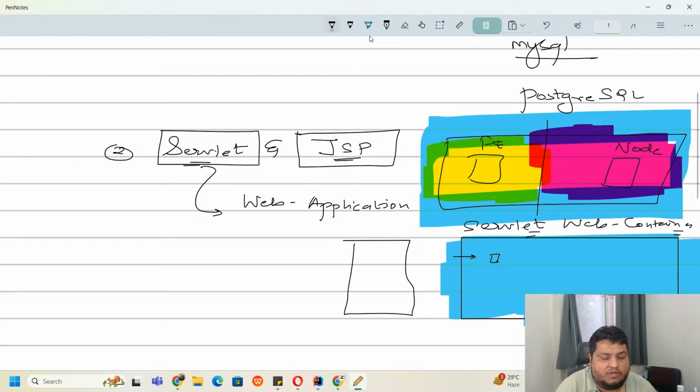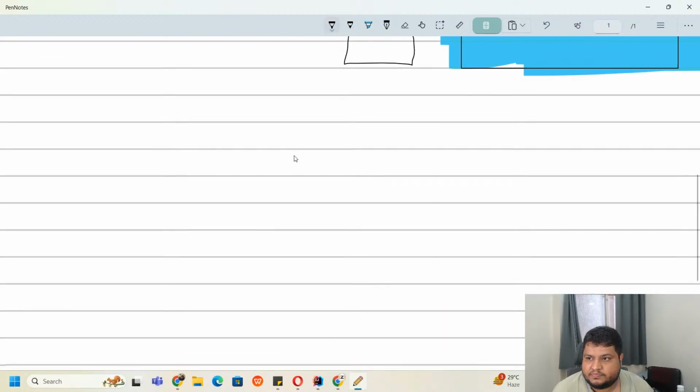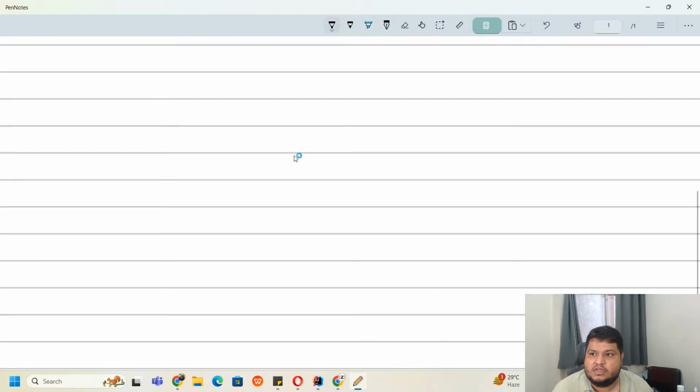What is the server we'll use here? So here we will make use of a server called Apache Tomcat. Okay, we will make use of Apache Tomcat. So that is one thing which we will be doing. Then once we are done with servlet and JSP, what I remember next is we have got